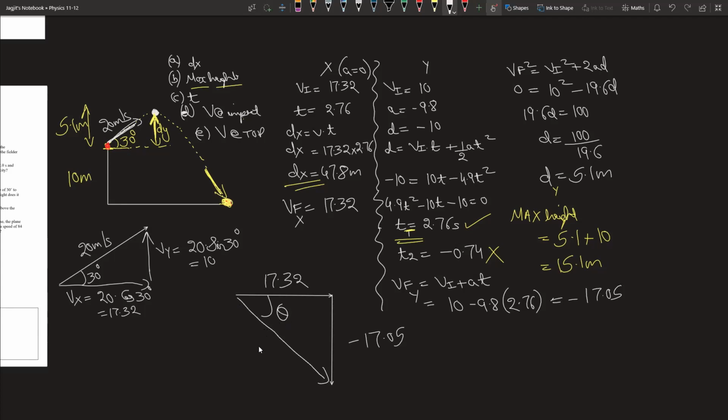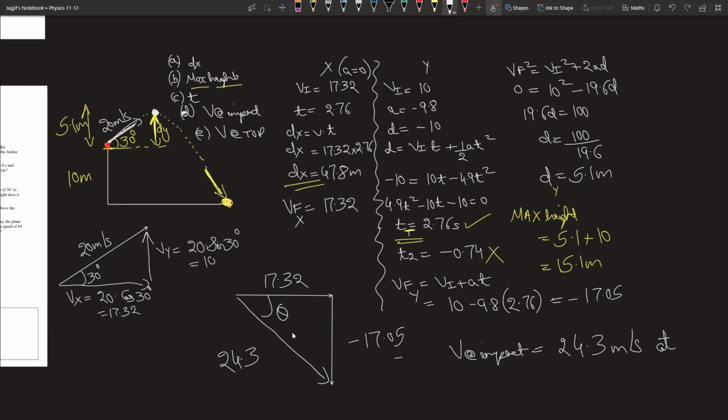Okay, every single person, how do we get the hypotenuse? A squared plus b squared equals c squared. Can you punch it in and give me the hypotenuse? So it's 17.32 squared plus 17.05 squared, and then you take the square root of that. 24.3. Agreed? So now you're going to say when it comes and hits the ground, which is velocity at impact, velocity of impact is 24.3 meters per second at, okay, we need to find